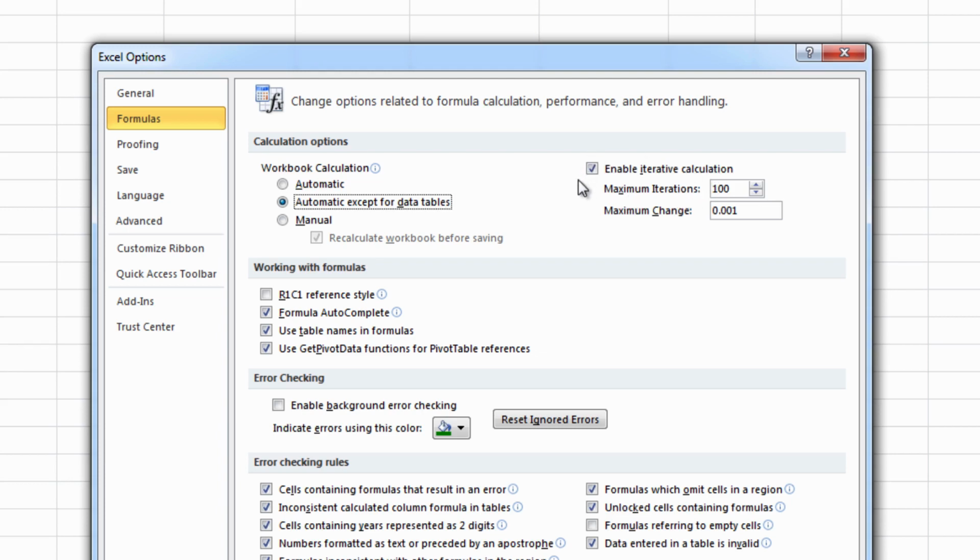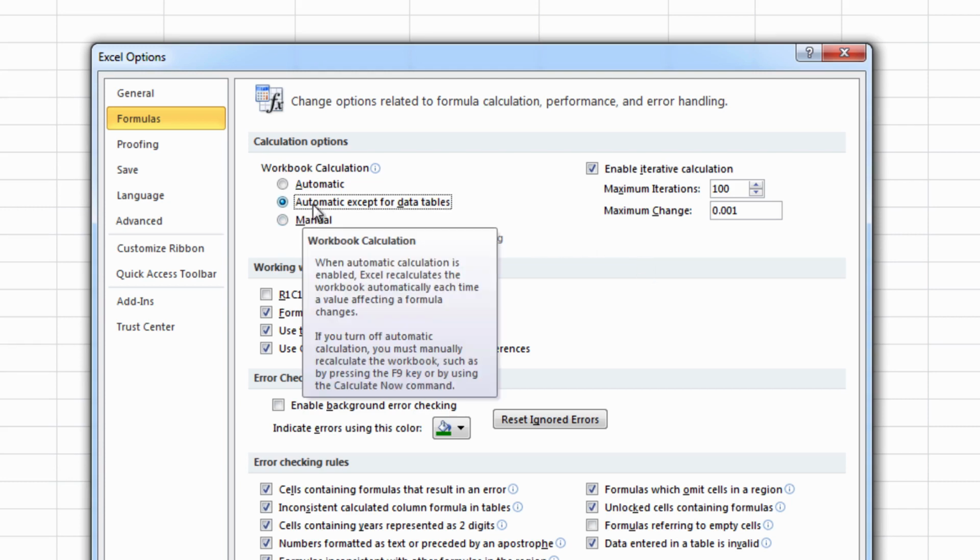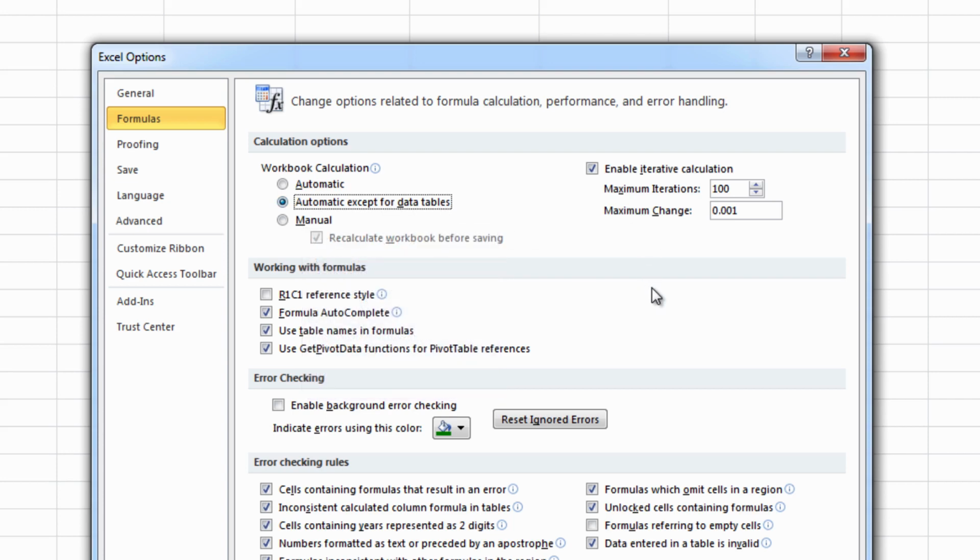There's a very specific reason for why I'd like you to select Enable Iterative Calculations. I'll sort of foreshadow it now, and it has to do with intentional circularities that we build into our models that we're going to get to in subsequent videos. The reason why we want automatic except for data tables as opposed to say automatic is because we're also going to build some data tables, and data tables really grind Excel to a halt if you set data table calculations